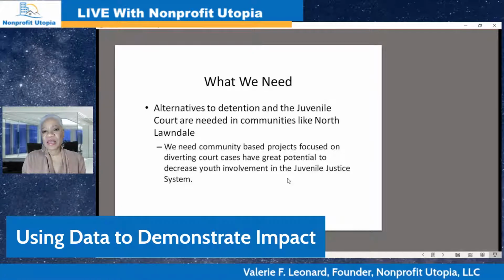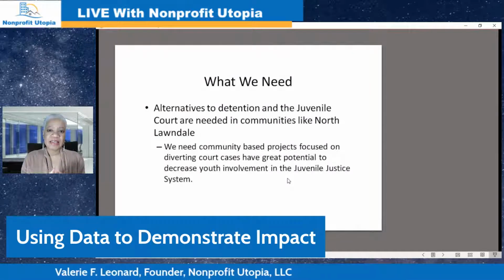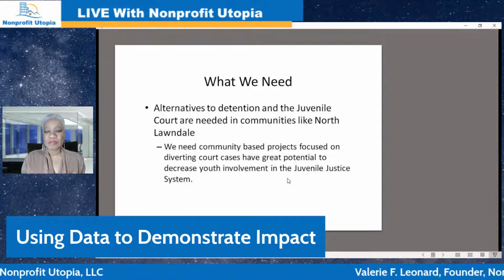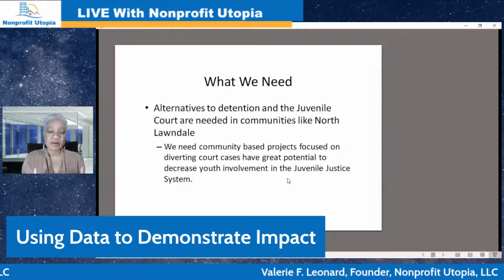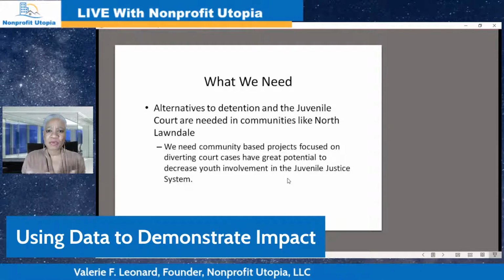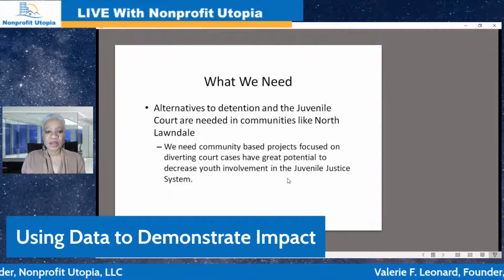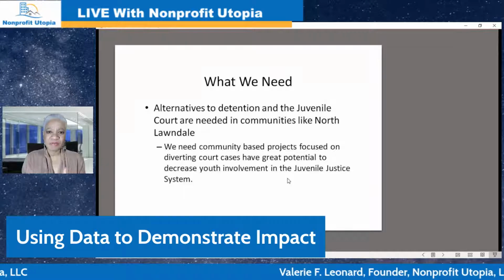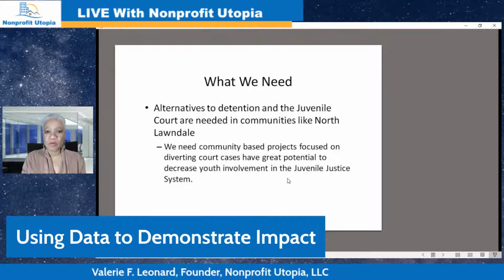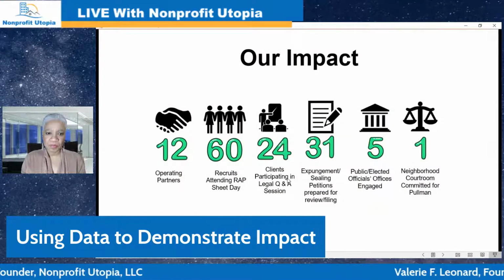But once you divert them, you need to make sure that they're engaged in activities that will deter them from crime. So activities like leadership development, civic engagement, helping people to really understand how our government works, job training, getting jobs, tutoring, helping them to actually do well. So you can't just divert them. You need to divert them to positive alternatives that will actually keep them from offending again.